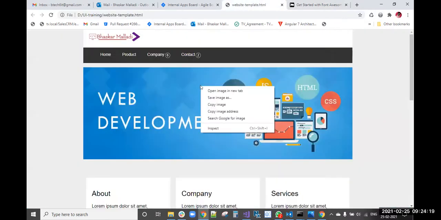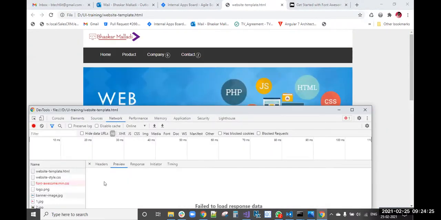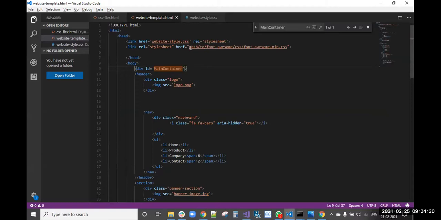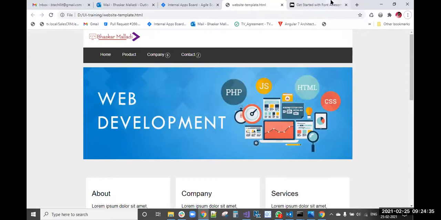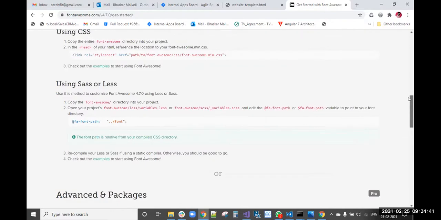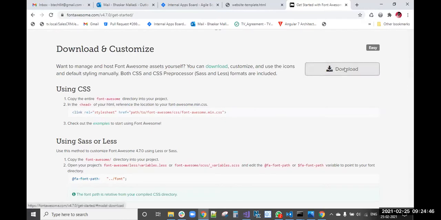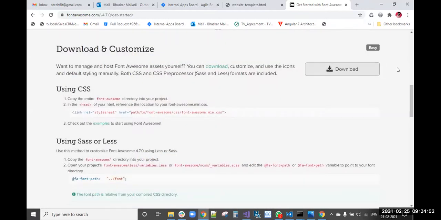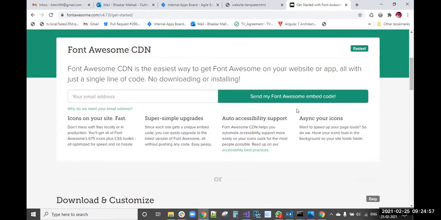So we have included the font also, right? Whether it is downloaded or not, we will check now in the network. The Font Awesome request is failing, because of that we are not getting it. Why is it failing? The link path. Sorry, that path is wrong, right? We can download that font, guys. Otherwise, the CDN URL will be given.